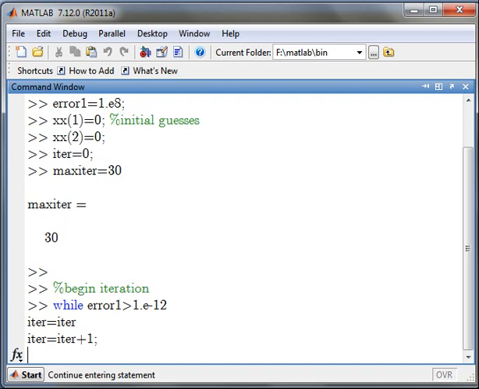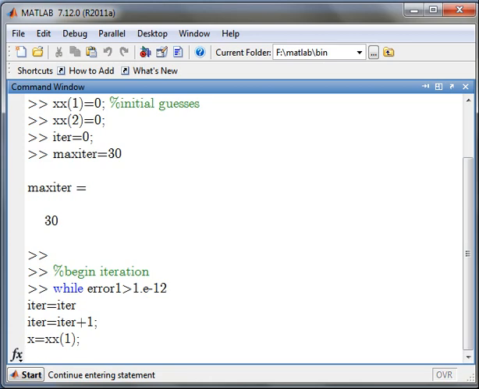The last step was wrong, neglect it. Now x is equal to xx of 1. Similarly, y will be equal to xx of 2.